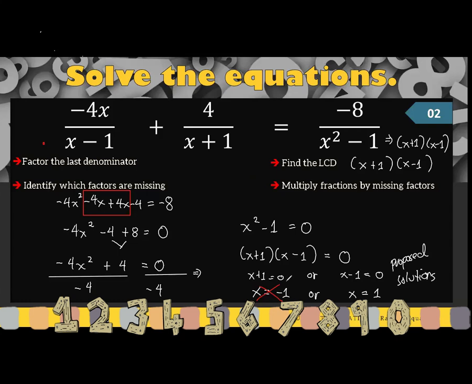Now, let's try using our second proposed solution, which is x is equal to 1. Take note that if we substitute x is equal to 1 to our first rational expression, we will have 1 minus 1, and definitely this will give us again a 0. So any number or any expression divided by 0 is undefined. Therefore, we cannot also use the solution which is 1. Now, since the restriction x should not be equal to 1 and negative 1, neither proposed solutions is valid. So the solution set is an empty set or a null set.